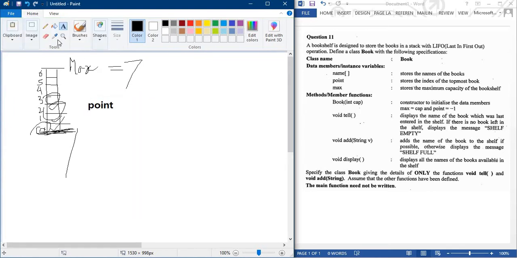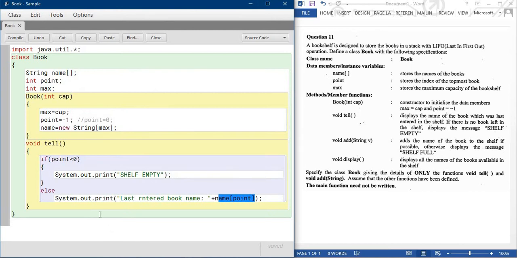Suppose your point position is 2, you can see that the value of the position is 2. If your point position is 5, then the point value is equal to 5. Whatever the point position, we will print that particular position value.